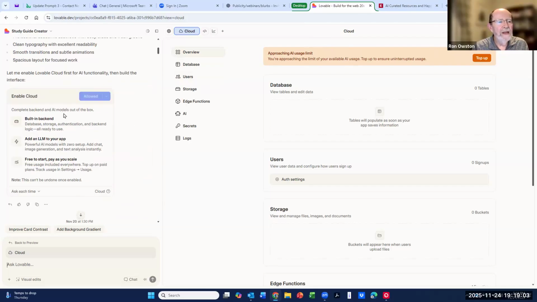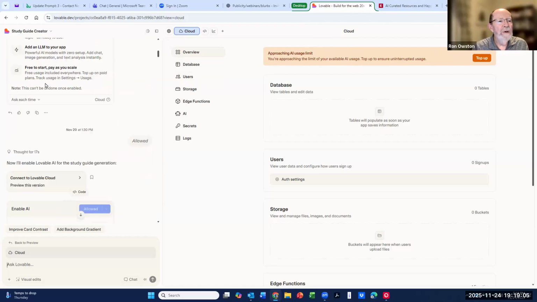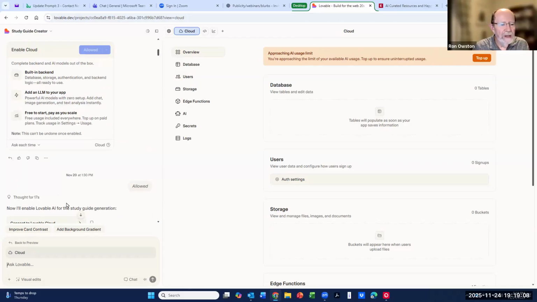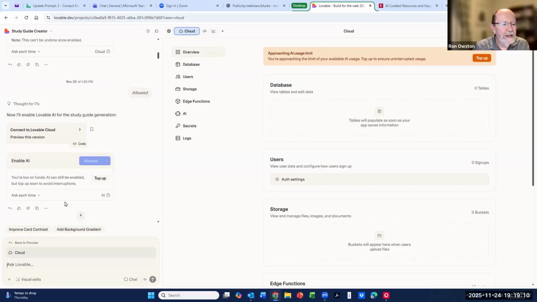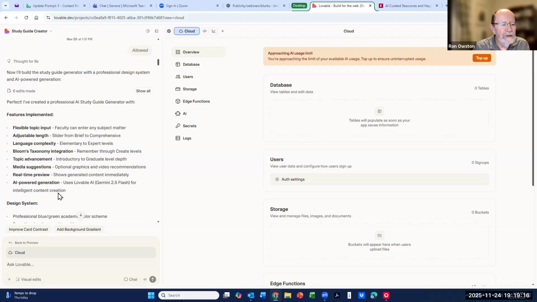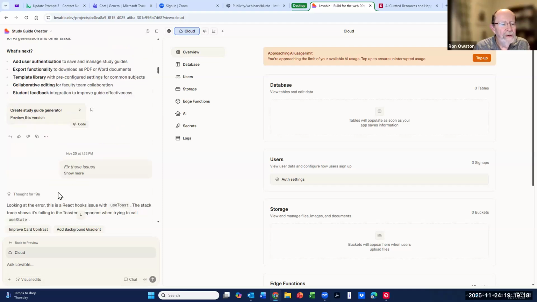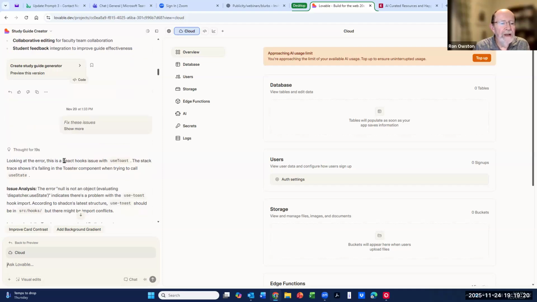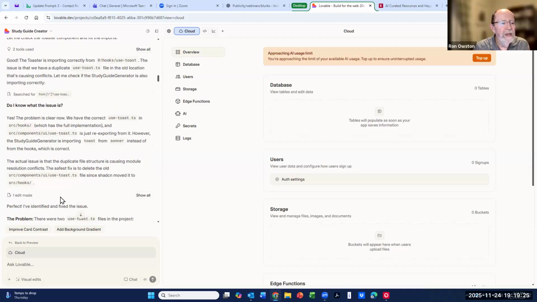Then I asked it to enhance some things, with some features. I noticed an issue wasn't working, and I asked it to analyze and fix that issue. Then I said, put in video links and text links, all by text. There's no specialized prompting needed.